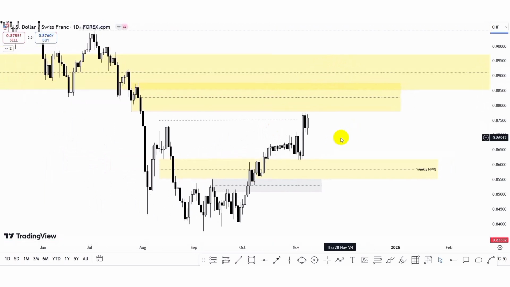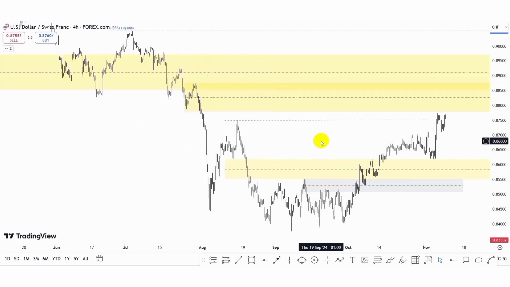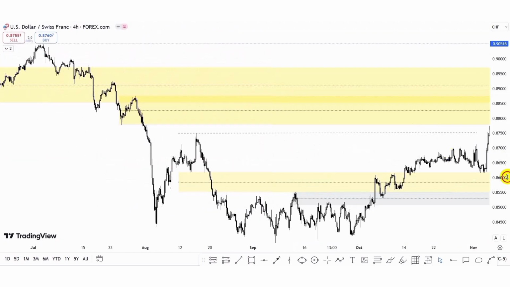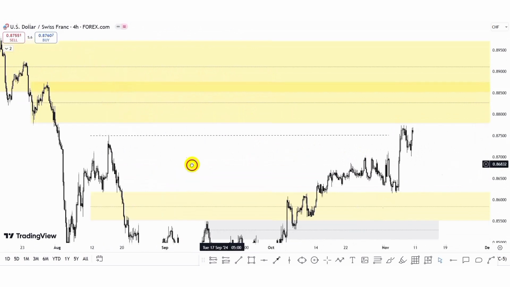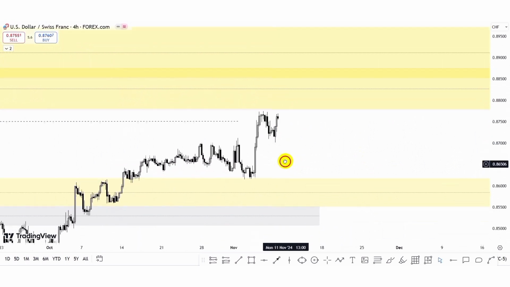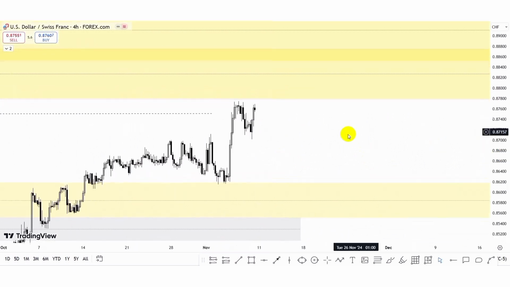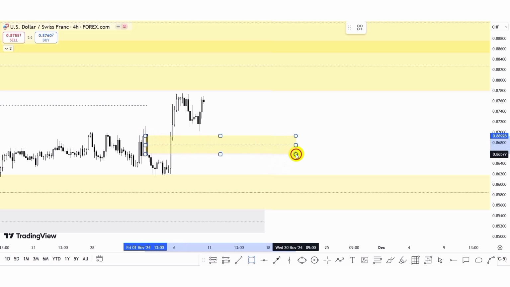So let's check the 4-hour time frame. Here in the 4-hour time frame, we can also see the daily institutional order flow, and we can also see unmitigated order flow in the 4-hour. So we could see price fall to the downside in confluence to the breakout block identified in the daily time frame. We can see we have this inversion fair value gap in the 4-hour time frame in confluence to this